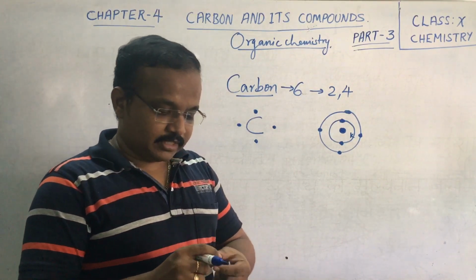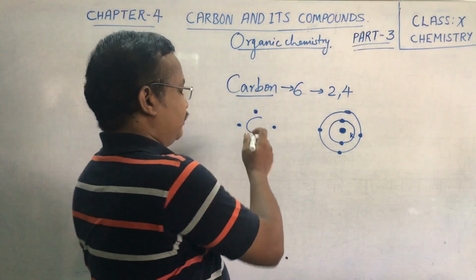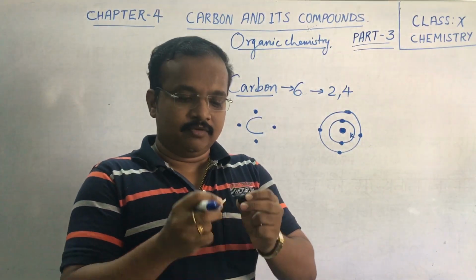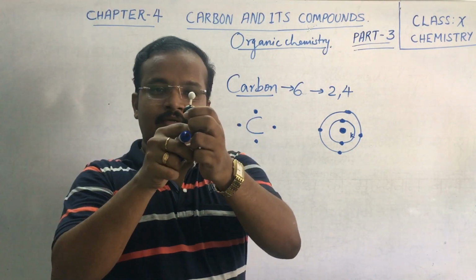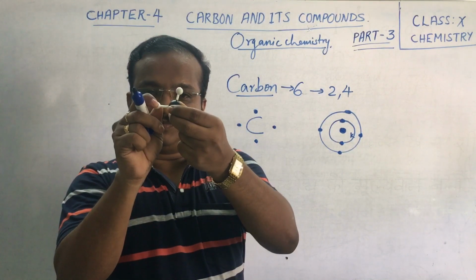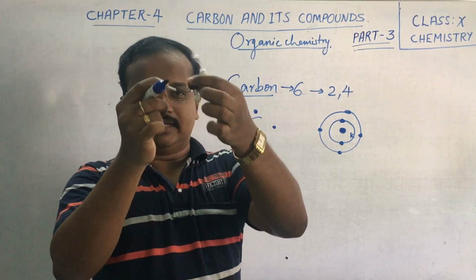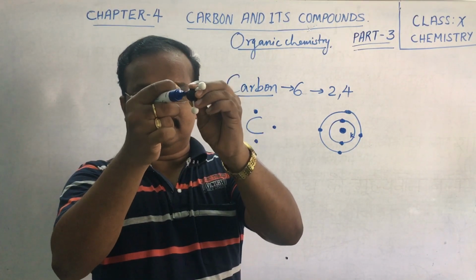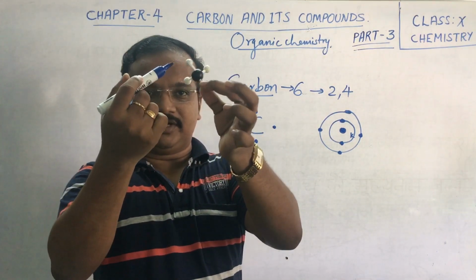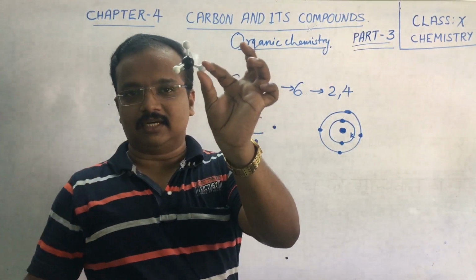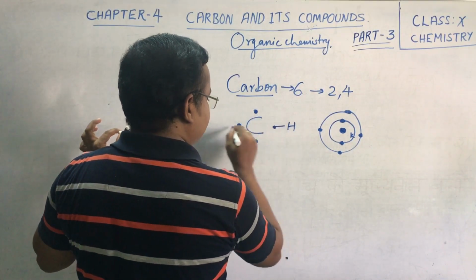If I take this particular ball as carbon, and I am joining 4 hydrogen atoms to it. One I have put here, another one this way, second one, third one I put, and fourth one I have put. Consider these 1, 2, 3 and 4. These are the 4 valencies which are satisfied by 1 hydrogen atom each.